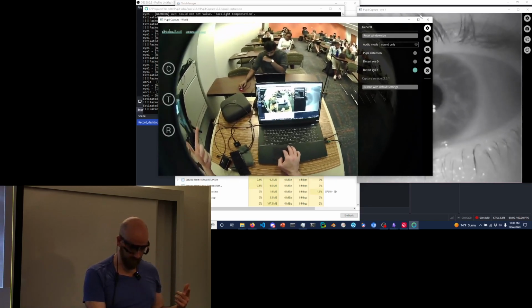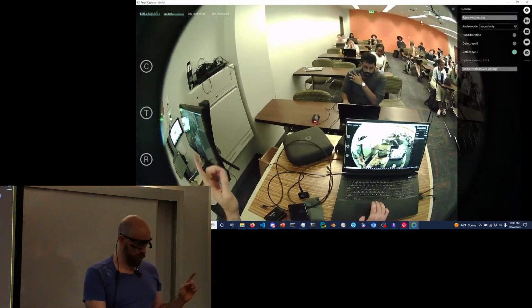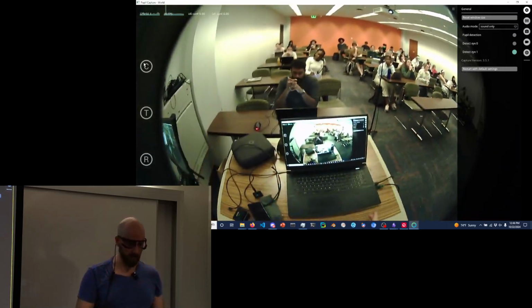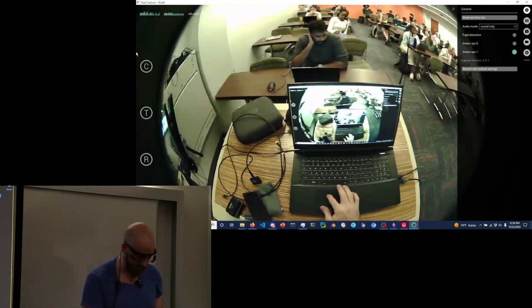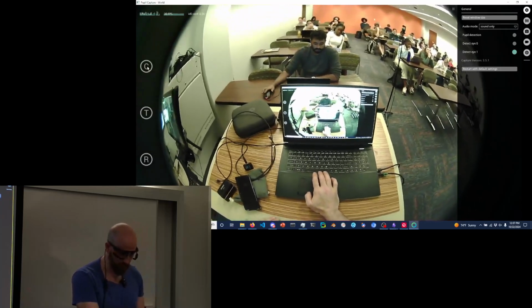So, okay, let's get close to done. What I'm going to do now, I'm going to try to calibrate the eye tracker so that we can get some real-time measurement of where I'm looking. It's not going to be as good as it could be, but I'm going to do some post-processing so we can get a better calibration after the fact. So I'm going to hit C, and I think it'll pop up there. I look at the thing,